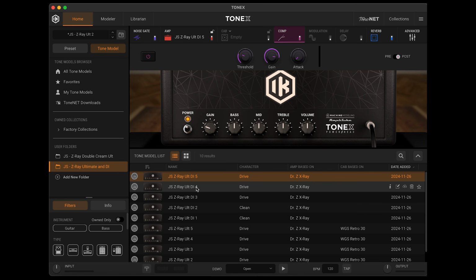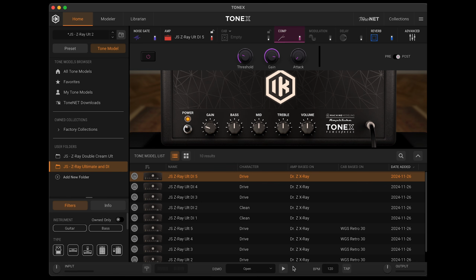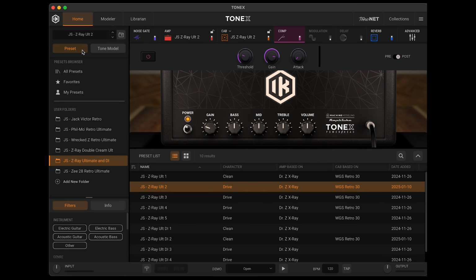Now, if I actually try and play something on, let's say, a slightly overdriven tone here, I'll just use the demos at the bottom. It's really awful, as we would expect it to be, because we're hearing this without any sort of IR or cab simulation. So if I come over here to my preset tab, you can see here that I'll choose the Z-Ray Alt 2, a little less gain, a little less overdrive, as that's a lower gain level. You see I have my baked in cab, and I've added a little bit of compression, a little bit of reverb, and if I play this with the same demo,